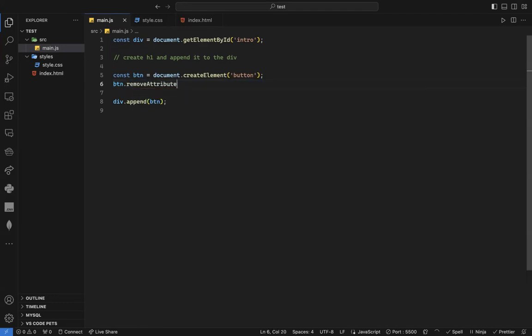Yes, that's it. If I click on it here in remove attribute, I don't need to pass the value. I just need to say which attribute I want to remove. Here, I want to remove the ID, or the type, for example, or whatever. So now we know already how to set an attribute, either using set attribute,